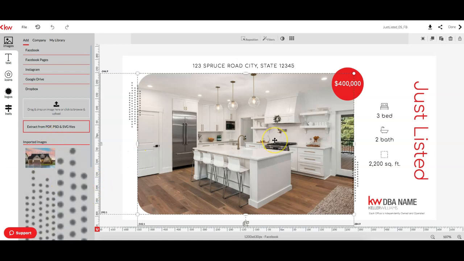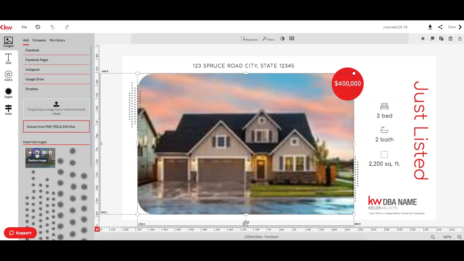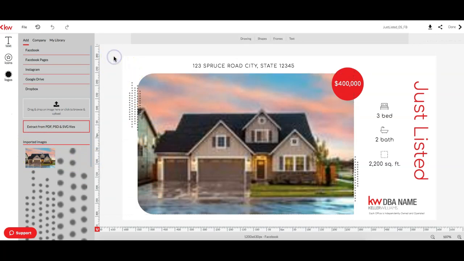There we go. So if I wanted to switch this out, it's really simple. I've clicked the photo over here on the right, and then I can go to my image over here in my imported images, and you'll see this little replace image button. If I go ahead and click on that, you can see it switches it out. It might take a second to load. And that'll eventually load. I know it looks kind of blurry right now, but you can see it's really easy